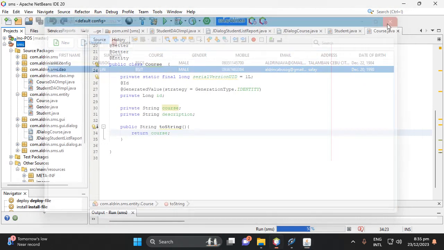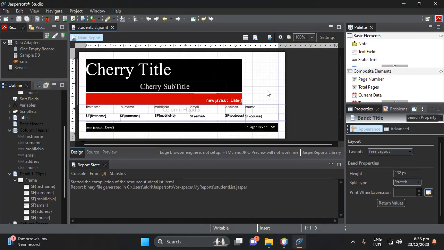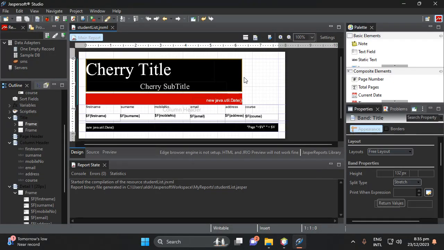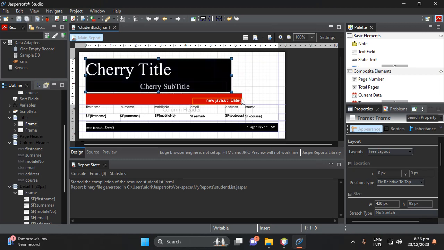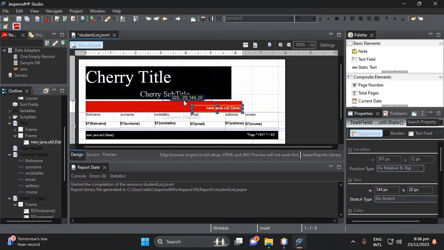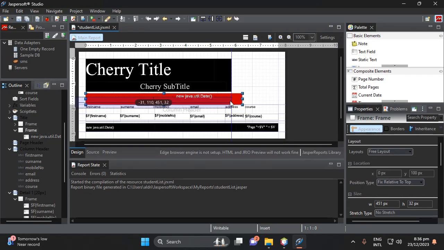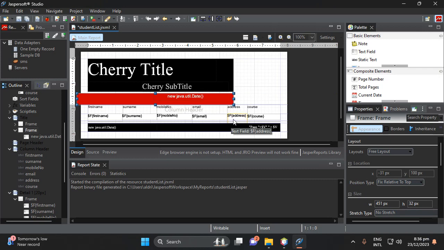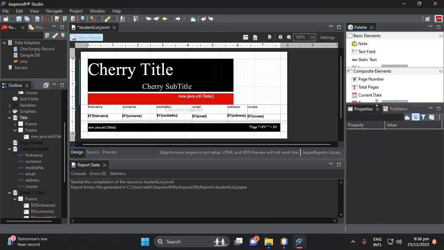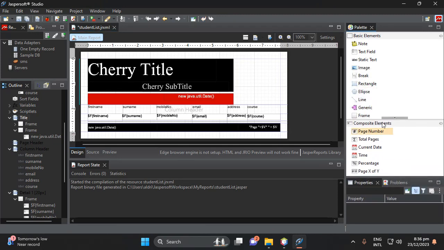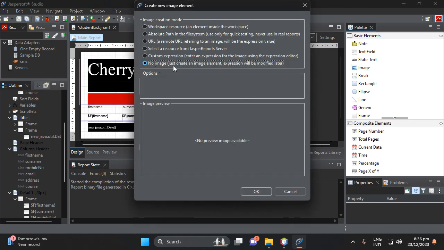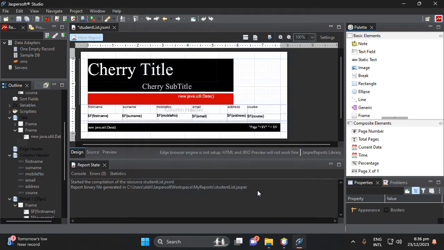picture. So let's go back to the Jasper report here. So let's adjust this. Okay. Then let's find the image here. Image. Okay, this one. Okay, no image. Just create image element. Expression will be modified later. Okay, so